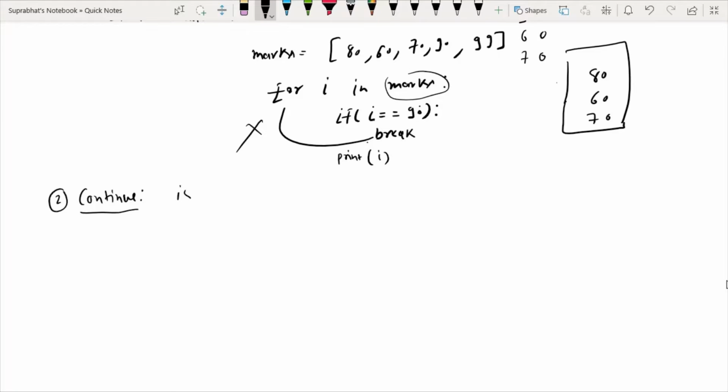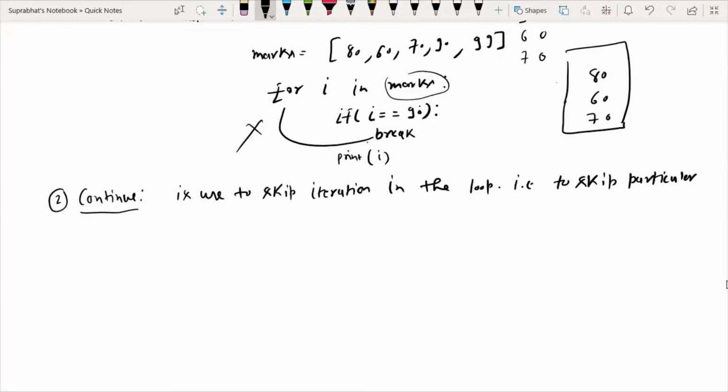Continue is used to skip an iteration in the loop, that is, to skip particular items in the collection type.